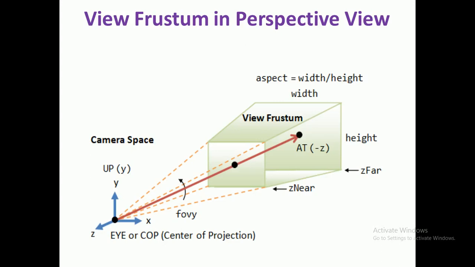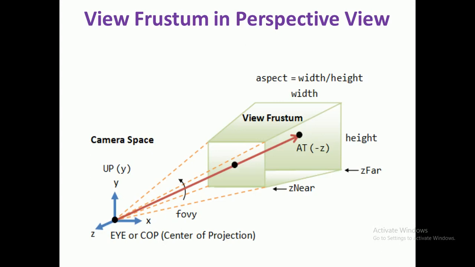If that image is outside the lens area, then that object will not be covered. The same thing was there in 2 dimensions also. If it is out of the right edge of your lens, that part will be skipped. If it is out of the left edge of your camera lens, that part will be clipped. If it is out of the top edge of your lens, then that will be clipped. If it is out of the bottom edge of the lens, that also will be clipped.